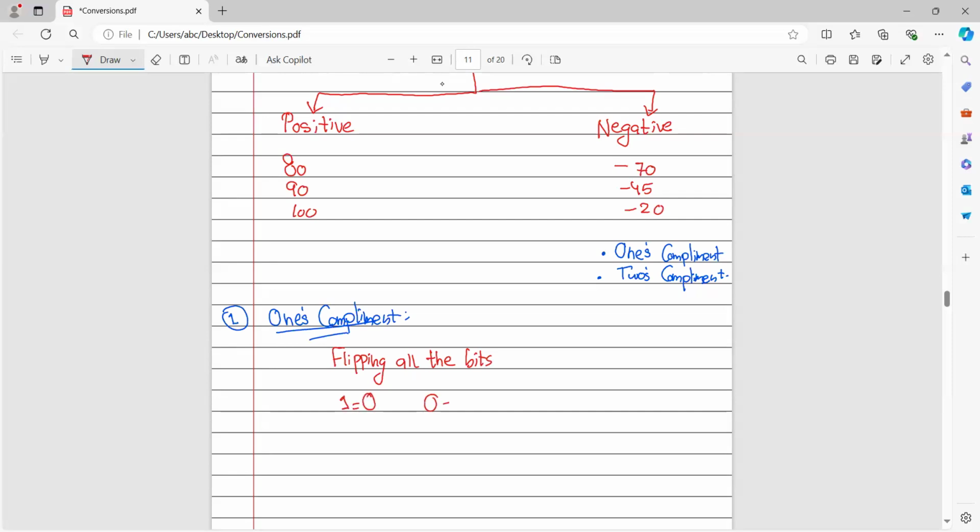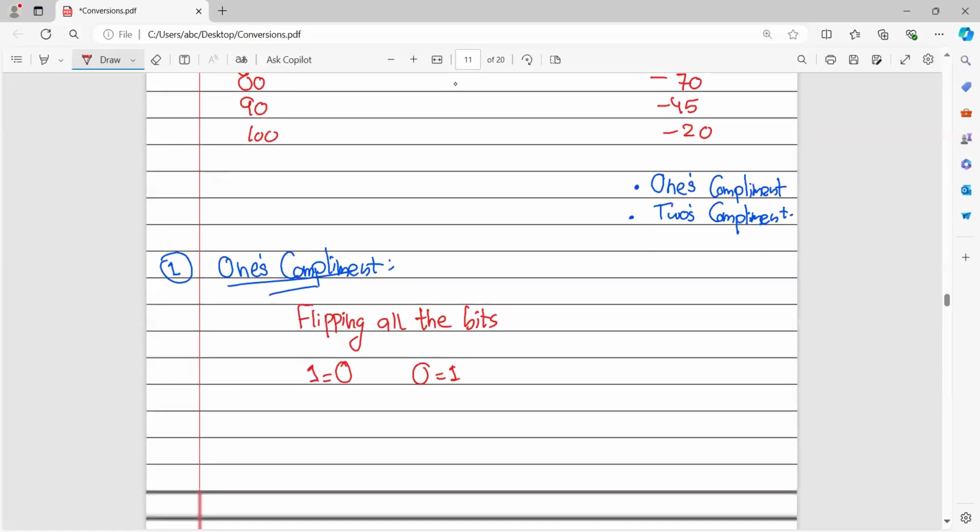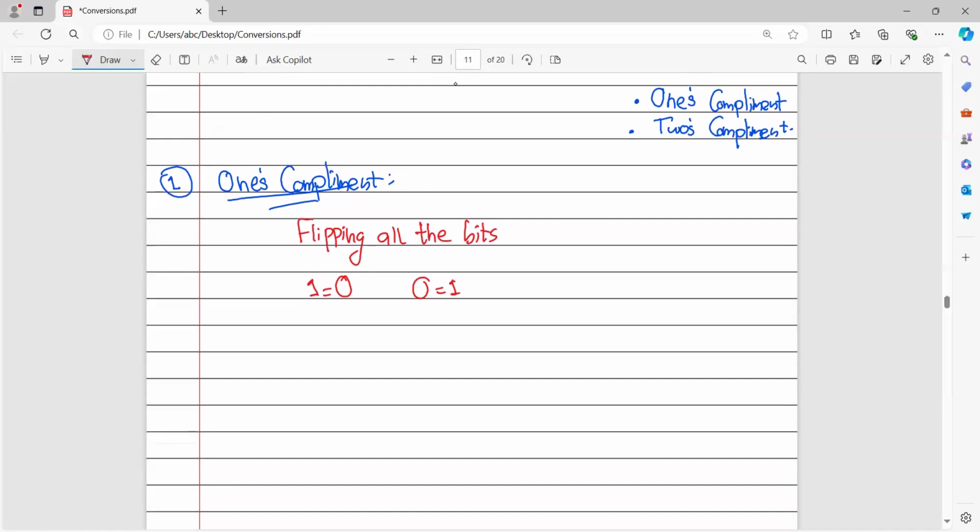If you have a 0, it is turned into 1. So for example, if you have a question where you need to apply ones complement on